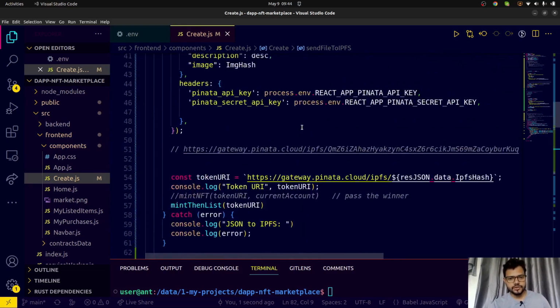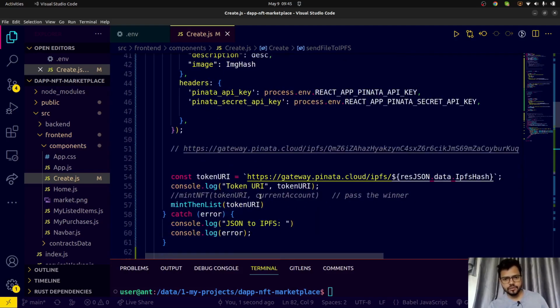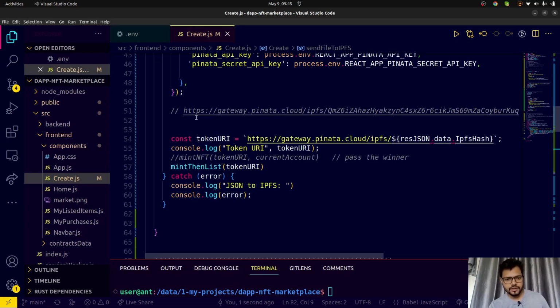And then what is actually going to happen? The same thing happens here: we call Axios, now pin JSON to IPFS. Now we're going to call the method of Pinata, which is pin JSON to IPFS, and we're going to form the data, which is name, description, image, and the price. I missed the price here. You can also add the price section here and put price here, and then we're going to post it to IPFS using the same API keys and the same method,